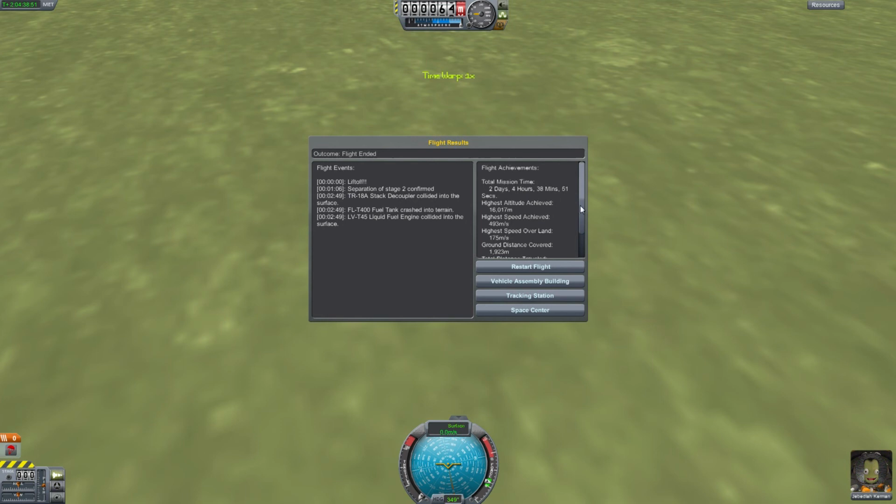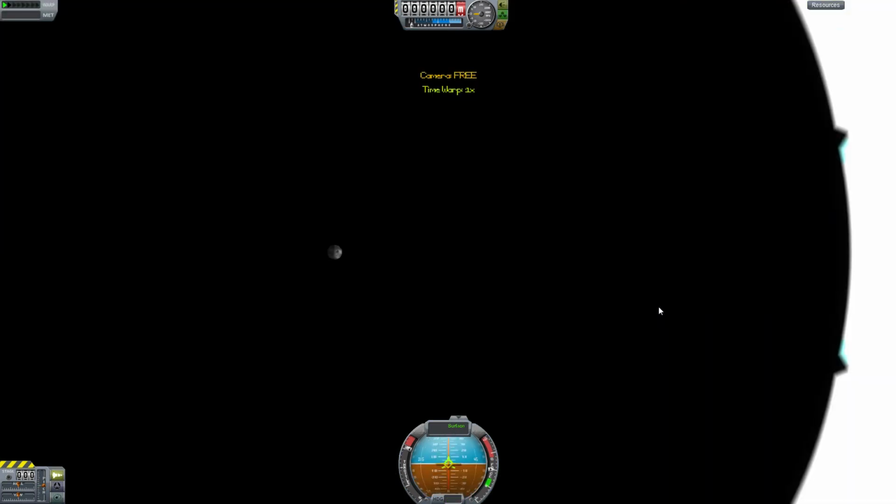And this gives us some stats, and you can go back to the space center, which is the home screen. Then you get the tracking station, which is that map view that we saw. And then we could go to the vehicle assembly building, which is where we built our ship, or we could just go back to the launch pad and restart the flight again and see what we could do. So why not, we can do that again, but this time I'll show you crashing into the ground at high speed,